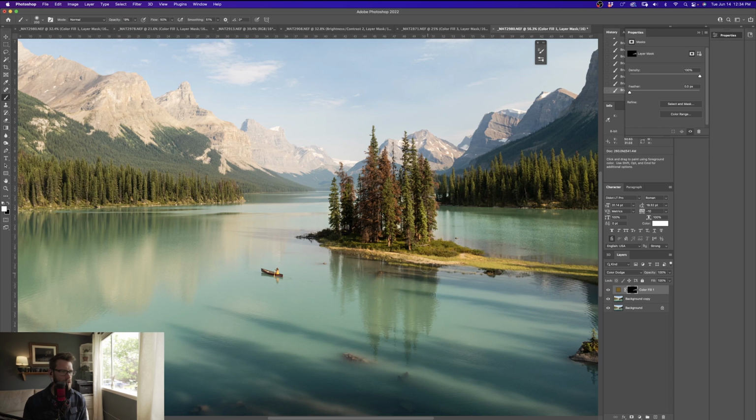White is to see, black is to remove. So I'm adding this color dodge to my reflection. I'm also removing it really fast with my pen here. I think the hot key on your keyboard is X. Switch back and forth